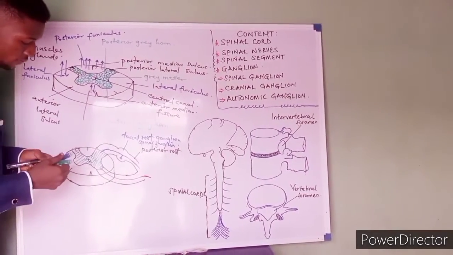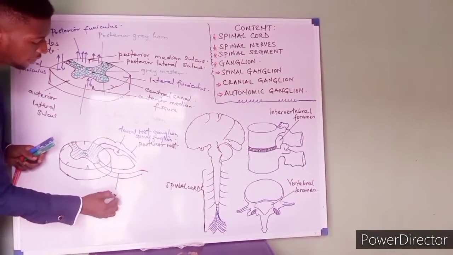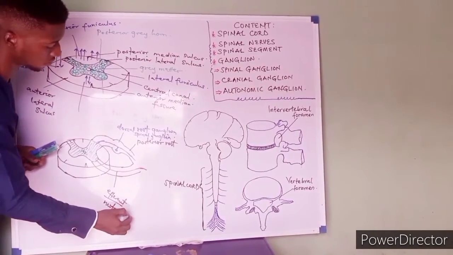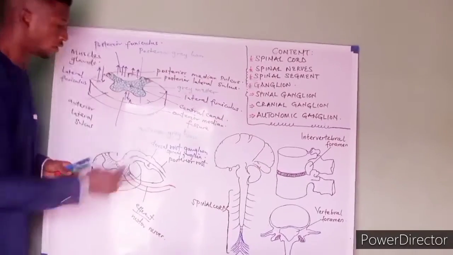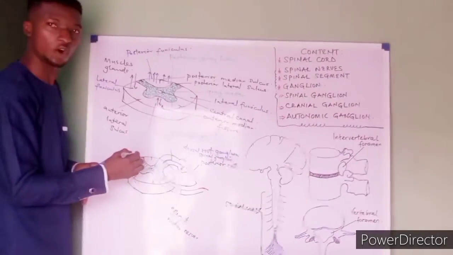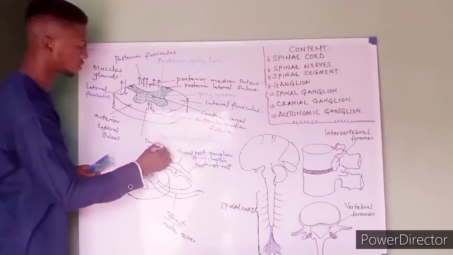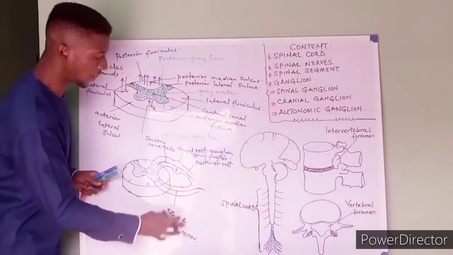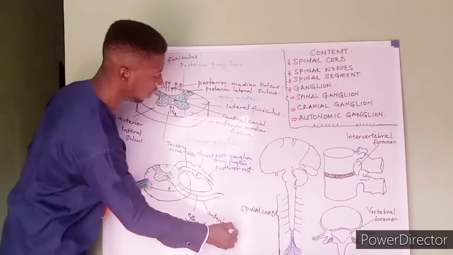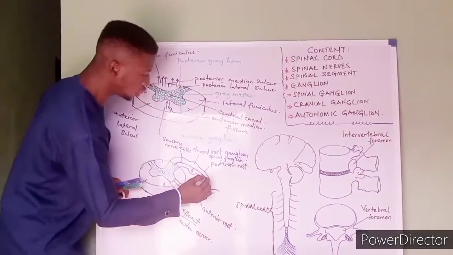And what do you call those nerves? This nerve is called the efferent, or you call it motor nerves or neurons. While the ones that pass through the posterior root are called the sensory neurons or nerve cells. The ones that pass through the anterior, so this is our anterior root, and this is our what? Our posterior. But at the junction,